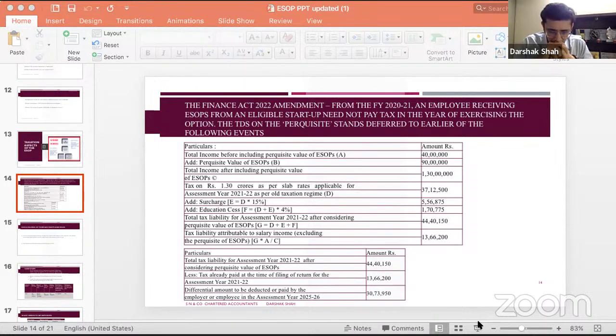Now, the question would arise: what if that's a loss? So that's a commercial call which the shareholders have been taking. But since the amounts are not very significant,